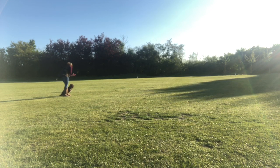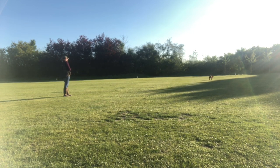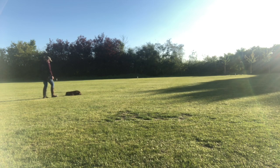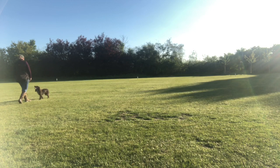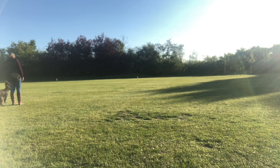And what I'm looking for with all of these repetitions is that I'm getting a nice clean straight line out to the area that I'm asking her to go, which I am. I'm getting a confident run out, and I'm also getting a nice confident run back to me. So I click her just as she turns around the post, and in hearing that click, that is building up a lot of anticipation for her because she knows she's going to get rewarded, which encourages that charge back to me,